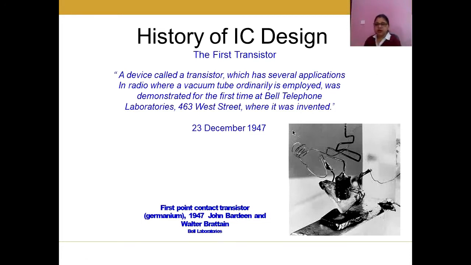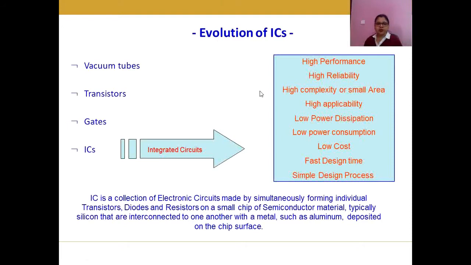And you can see the size of this transistor, and the way the contact has been made, and obviously it's very difficult to pack into a sleek or simple package for this type of device. And slowly the evolution took place. Firstly, we were using vacuum tubes in the electronic field. Then the era came for transistors. Then slowly we moved to gates. And now it's the time of integrated circuits. And why have these ICs become so popular? There is a long list. A few I have included over here.